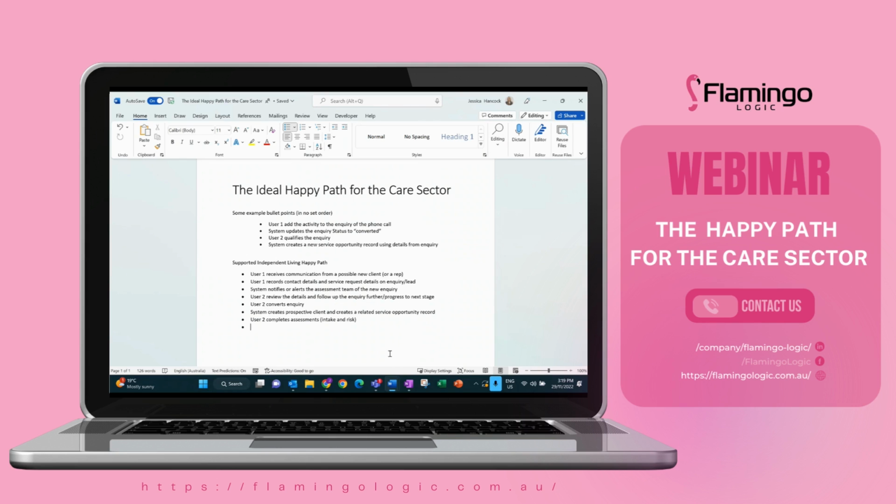And on SIL, there'll be quite a variety of assessments. One of them might be, for example, matching. Matching would be a big one in supported independent living if they're going into a group home or